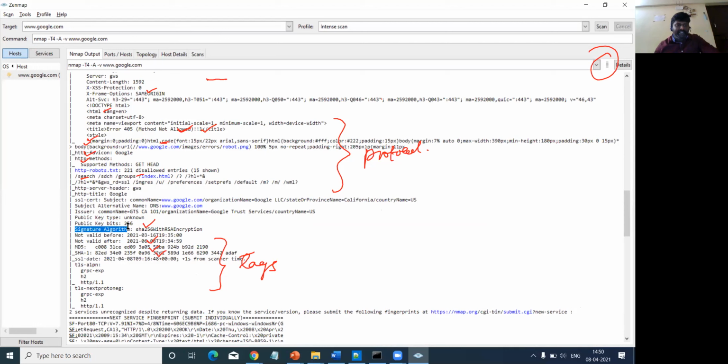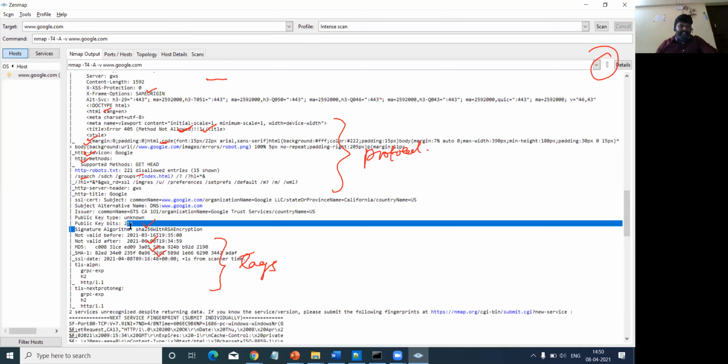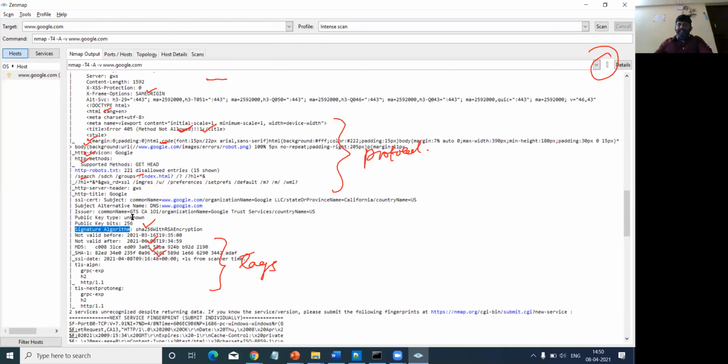So this is information which we studied in the last session, when I was explaining about the certificate. Inside the certificate we studied the version, different parameters, certificate issuer, certificate owner, and the validity of the certificate.